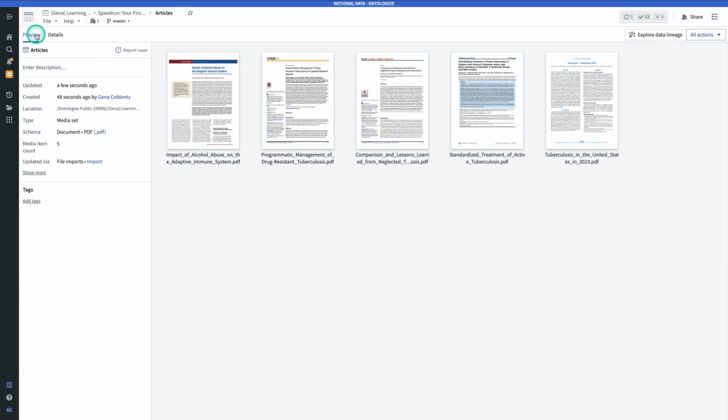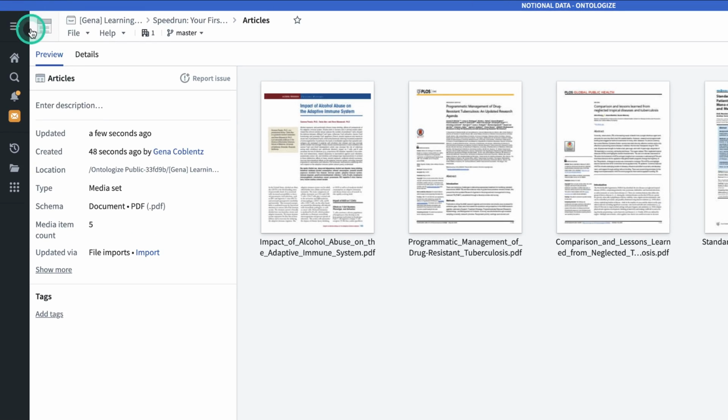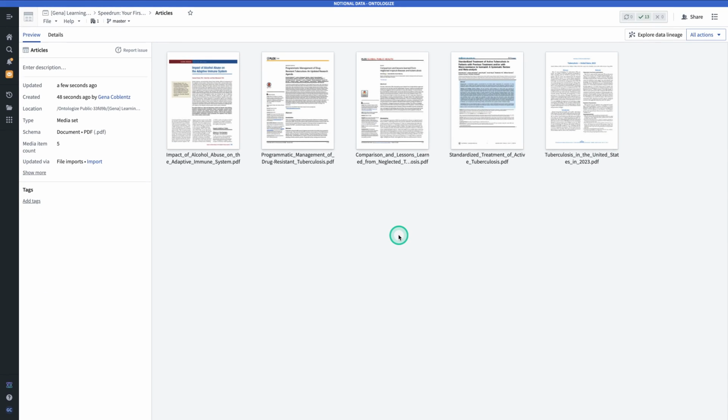Also note that a media set has a different icon than a data set does. Whenever you see this icon, it always refers to a media set. And now that we've set up our project, made a folder, and uploaded the data, we're ready to get started